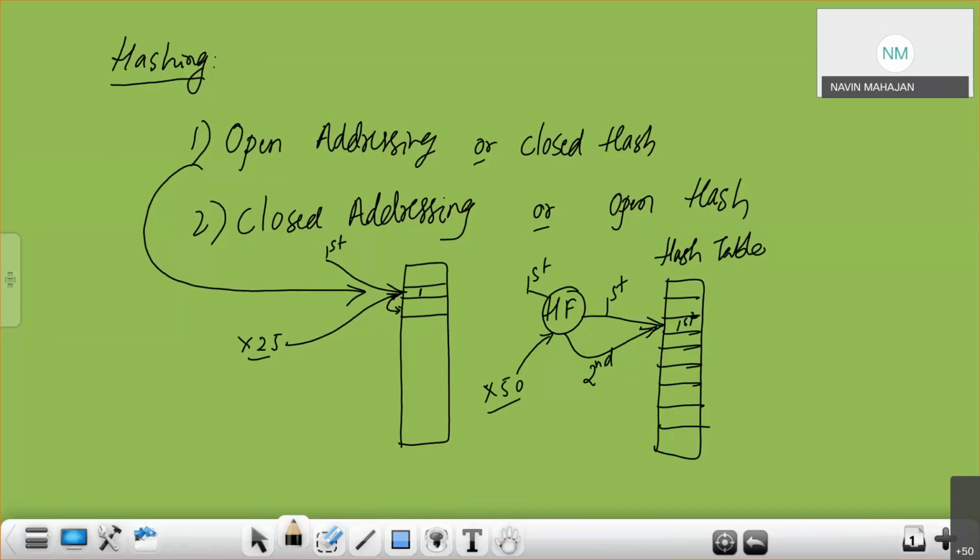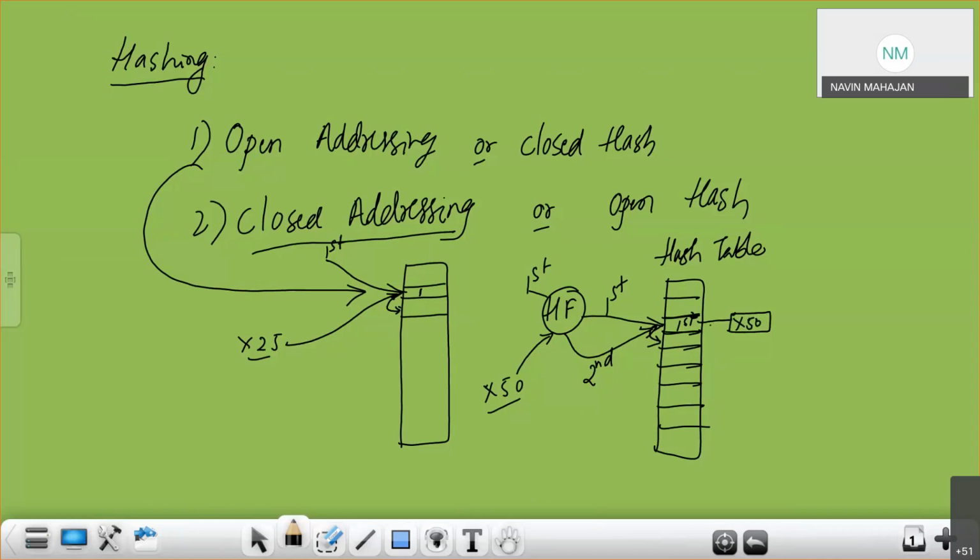Now, when there is a collision in closed addressing, addresses are closed. That means I will not go to the next memory location. So then what can be done? If the first number is stored in the location, then a linked list is created, and the number x50 is stored into the same memory address, but to the second node.